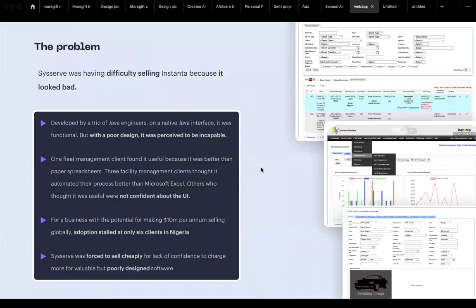So this was the real problem. They were having difficulty selling this product. The product was called Instantar. Instantar didn't look so good, so there was a problem with selling it. Businesses, for example, you see,